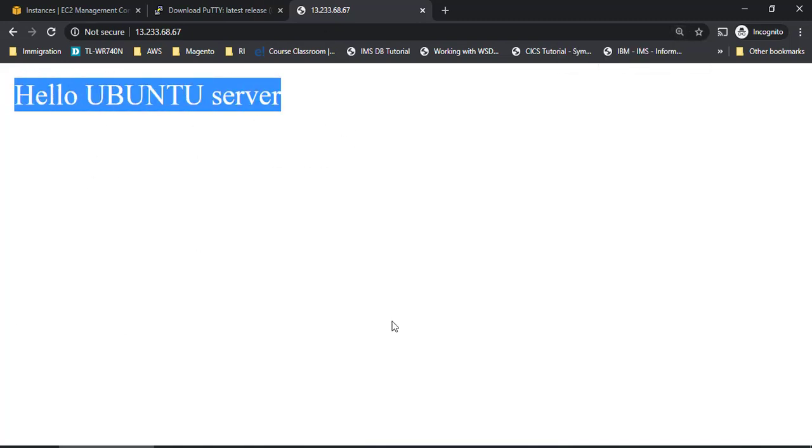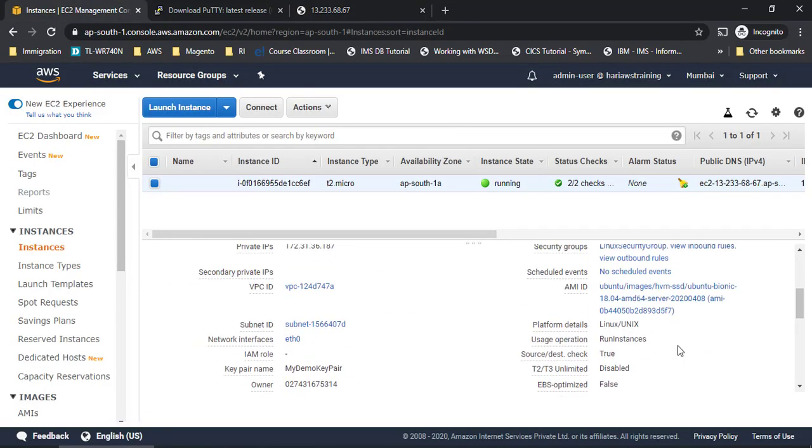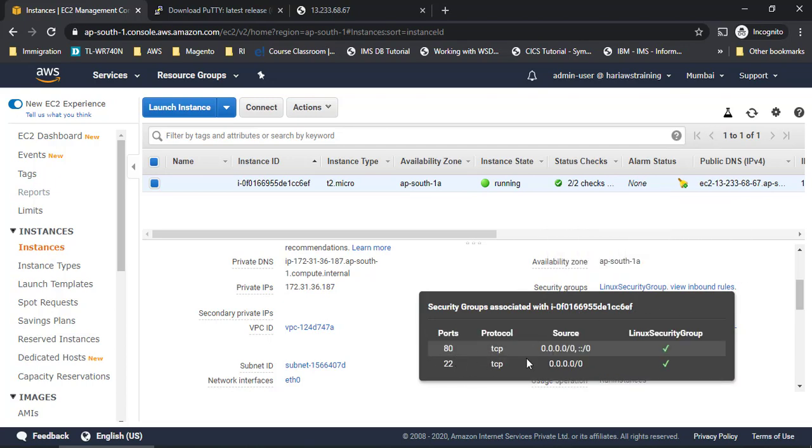How is this possible? Because we have allowed HTTP also in the security group. That is very important. Let me go to this security group and remove some inbound rules. Okay, I have 80 HTTP and 22 which is SSH. By using 22, we were able to log into our SSH, right? Using PuTTY, we were able to access that EC2 machine, and via port 80, we were able to access that particular website as well.